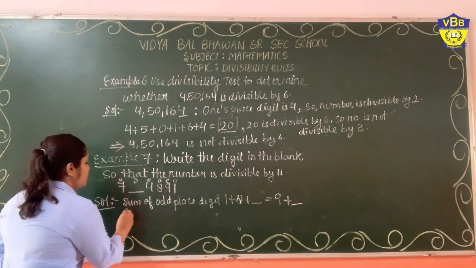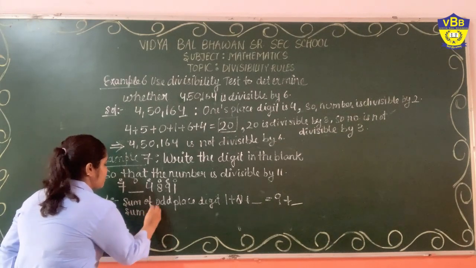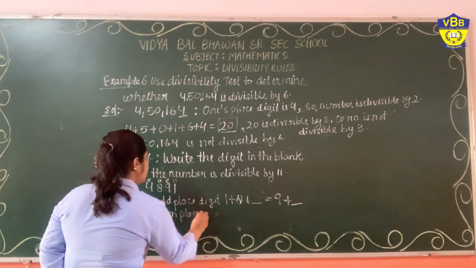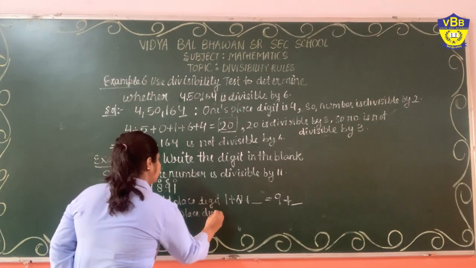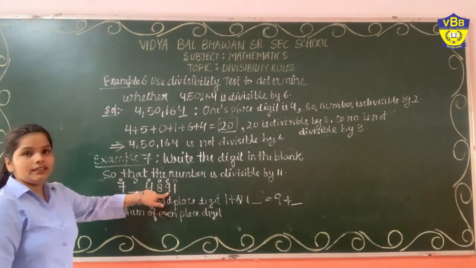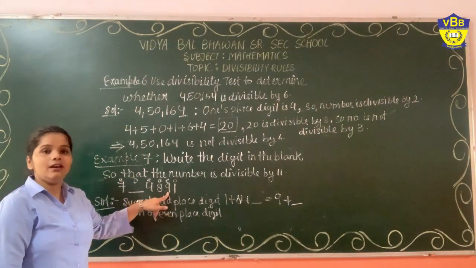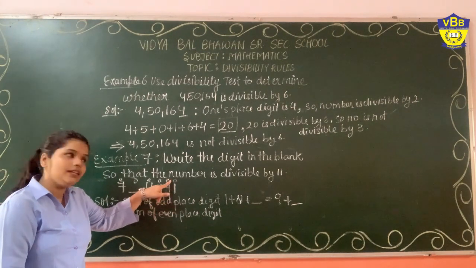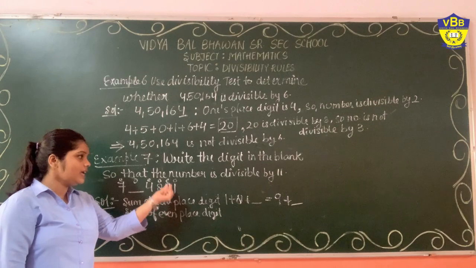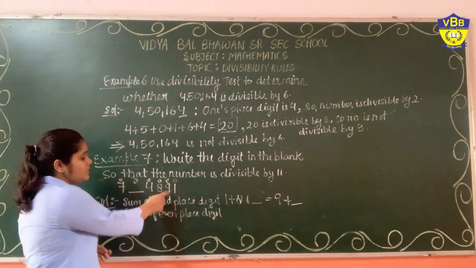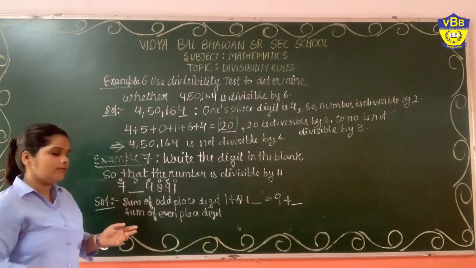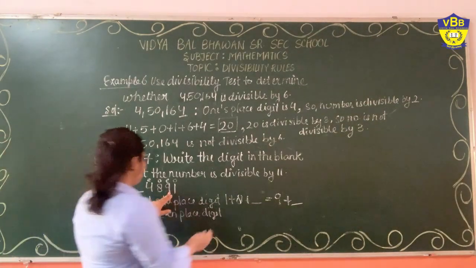Now sum of even places, sum of even places digit is here. You can see it is not like that 9 is an odd number and I have written it as even. I am not specifying this digit as even. I am just writing it because it is written on the second place, and second is the even number. So now 9